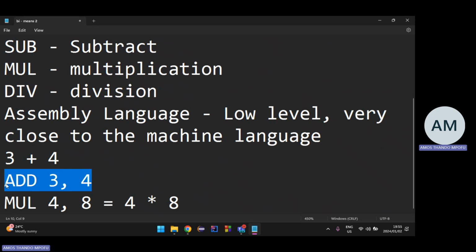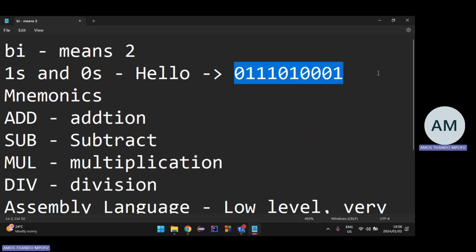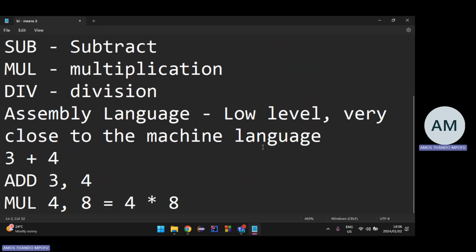You can imagine you're at floor number 1, right? That's like the lowest level. Let's just say ground level, ground floor. There's ground floor, then there's level 1, then there's level 2, and so on, right? So you do agree that ground floor is the lowest level, right? So you can imagine the ground floor being the machine language. And then assembly is just the floor above.